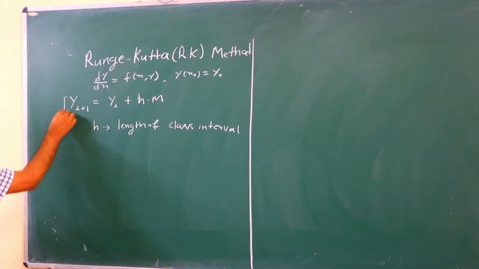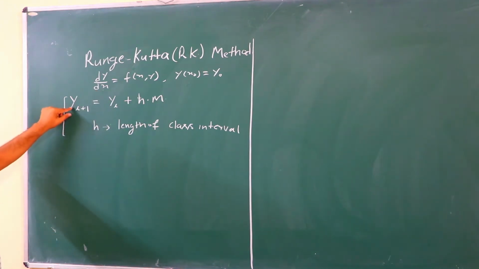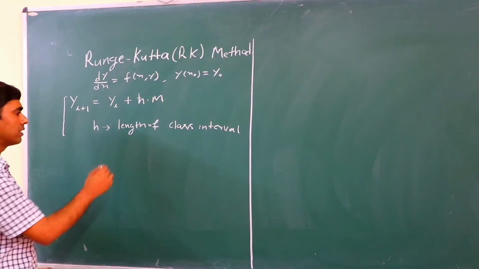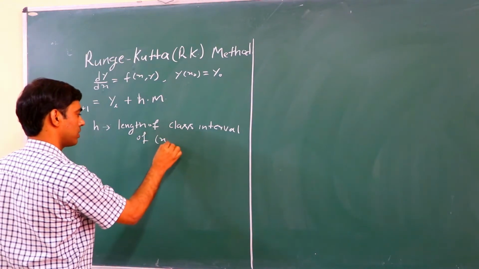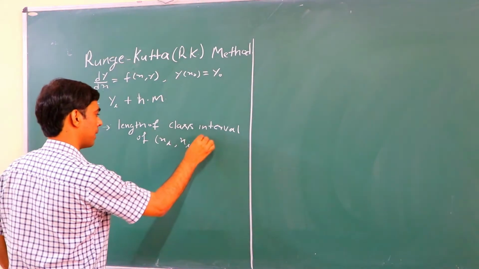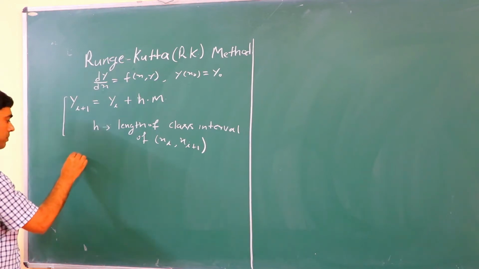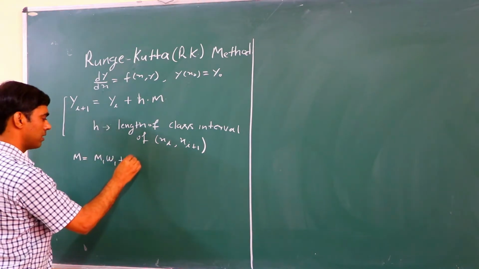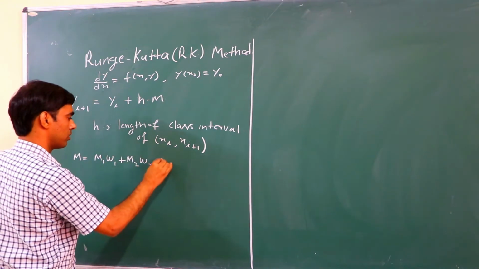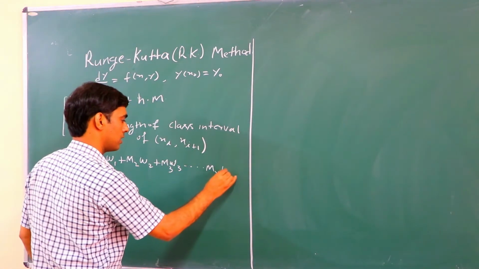As we know, the RK method is under the category of single step methods. So here we use y_{i+1} = y_i + h m, where h is the length of the class interval from x_i to x_{i+1}, and m = m1 w1 + m2 w2 + m3 w3 up to mr wr,